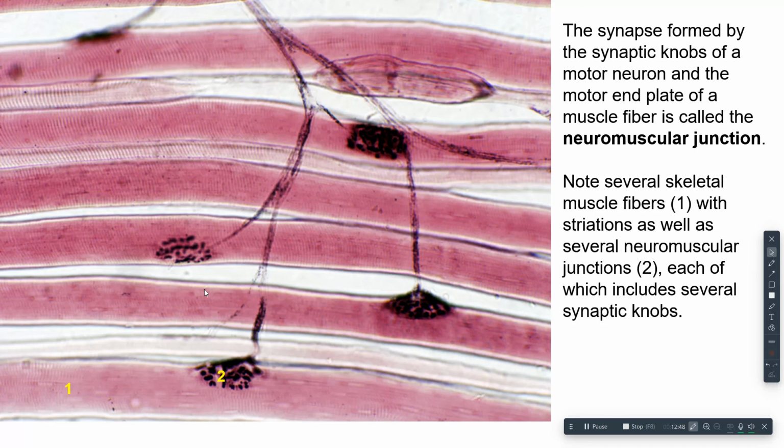So what I'm seeing here is actual motor neurons synapsing with skeletal muscle fibers. If I were to rip off this axon terminal here, this synaptic knob, if I were to pick it up, I would see the motor end plate underneath it. And this synapse here, between my motor neuron and my skeletal muscle fiber, that synapse is called a neuromuscular junction,